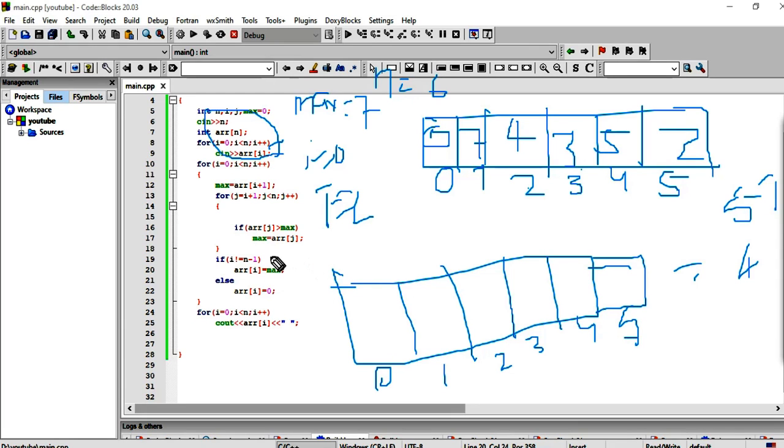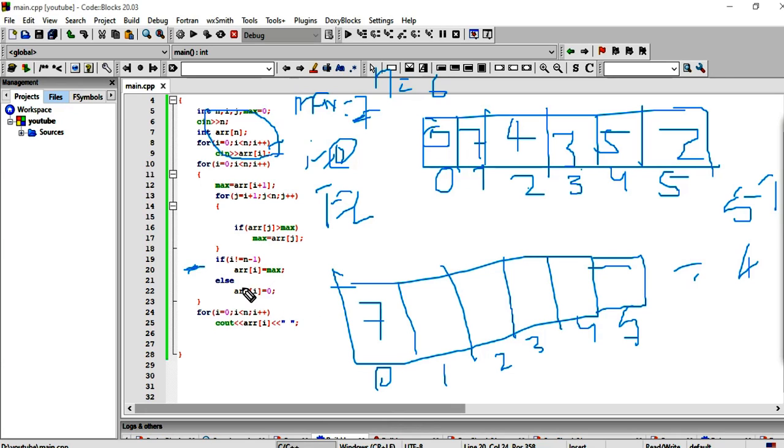So 0 is not equal to 4, yes, it's true. Then arr of i, where i is 0, so arr of 0 is assigned the value max, which is 7.